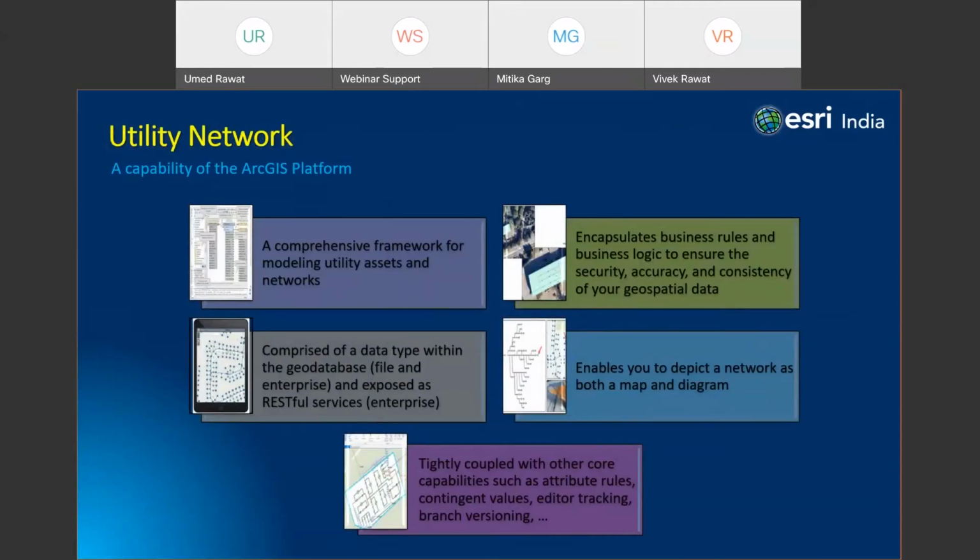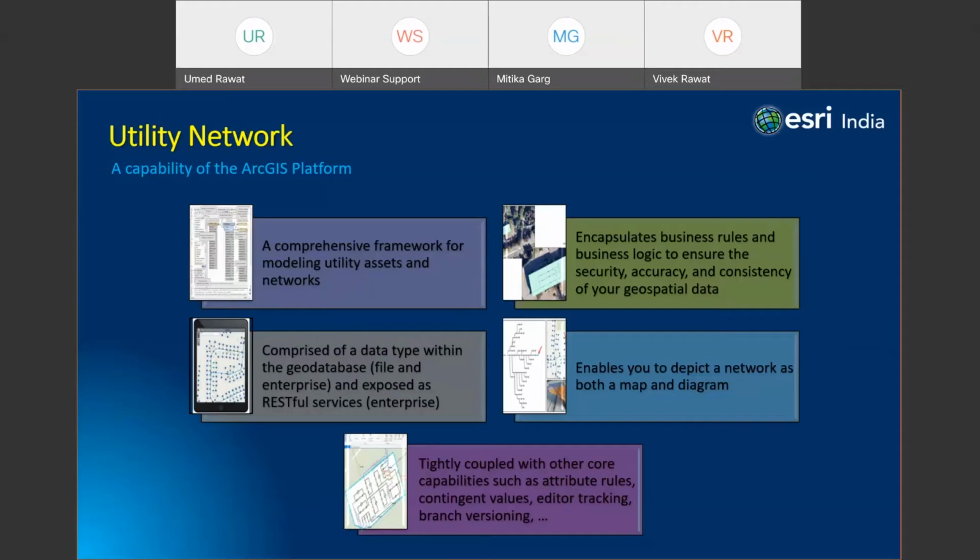There are five essential things which I will talk about today in terms of assets and the network with ArcGIS. First is the utility network data model. It is built to support the specific needs of the utilities. I am talking about not only electric, but also water, telecommunication, stormwater, sewer water, and gas. These have an out-of-the-box data model with a lot of capabilities for modeling all the structural as well as the domain assets in the system. It is the result of significant R&D and feedback from users and partners.